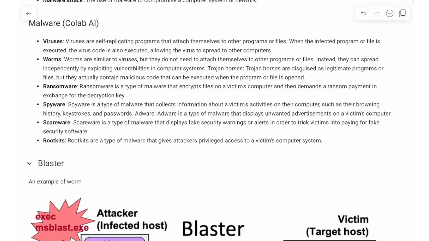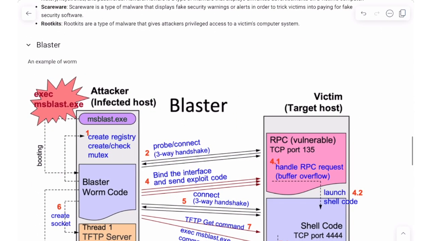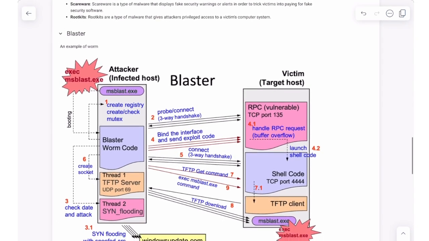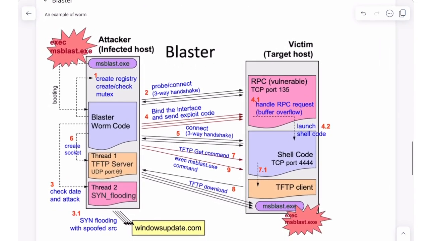Okay, rootkit is a little bit different. In our computer, our operating system is protected by some mechanism, but the rootkit will not only attack your software but also attack your operating system and try to hide itself in the operating system. Okay, so that is a very rough classification of different types of malware, but I think that's good enough for you to understand there are different types of malware.